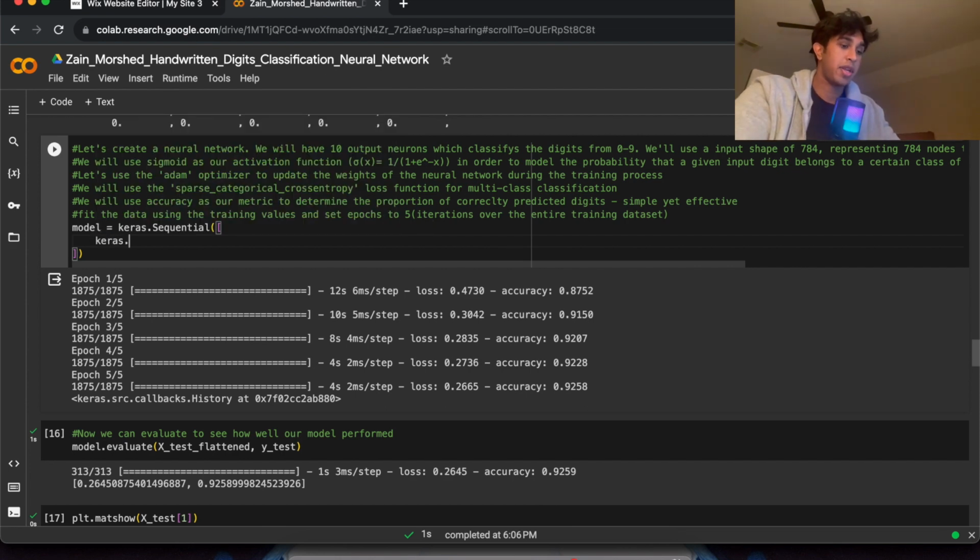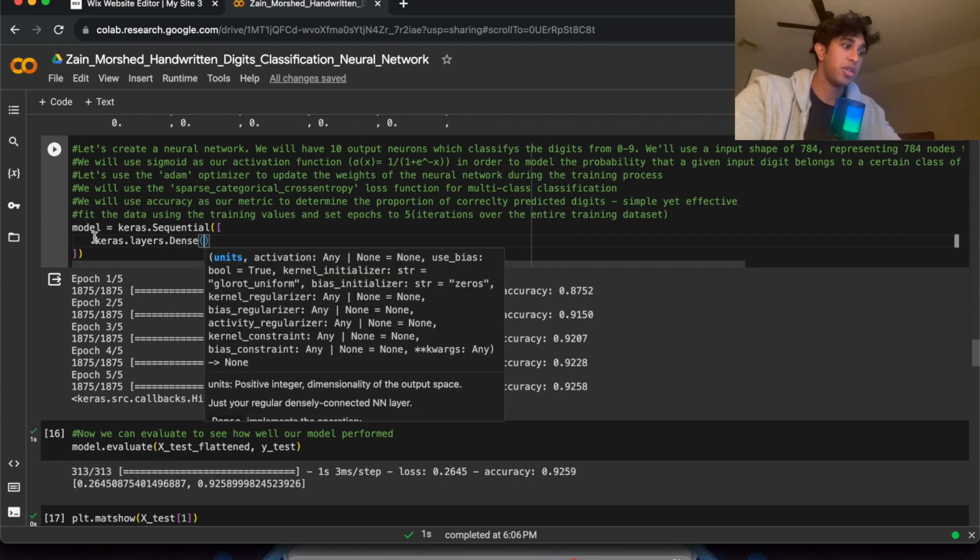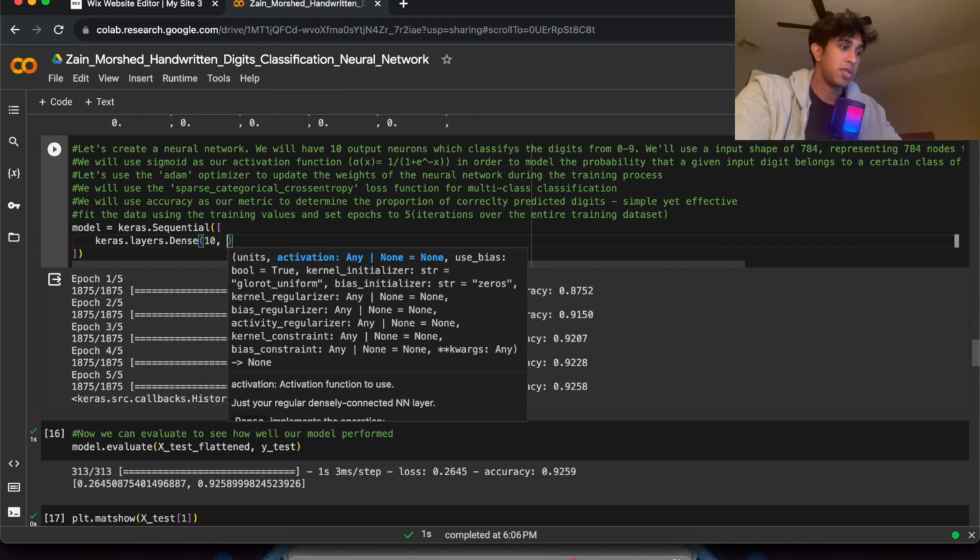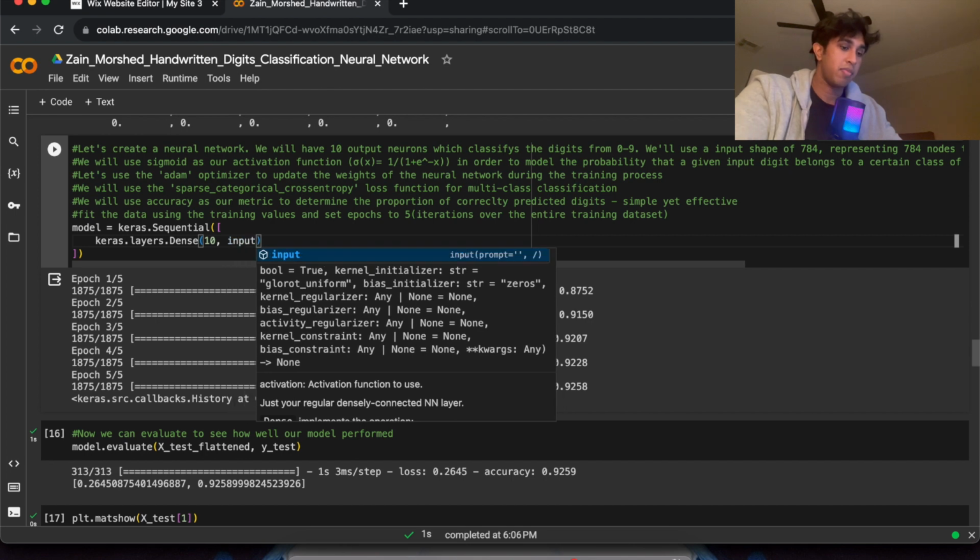And so now we can go ahead and create a new layer in our neural network, which will be a dense layer. And what dense means is that each neuron is connected to each other. So each neuron in one layer will be connected to every other neuron in the next layer. So within this, our arguments will be 10. We can pass in an input shape